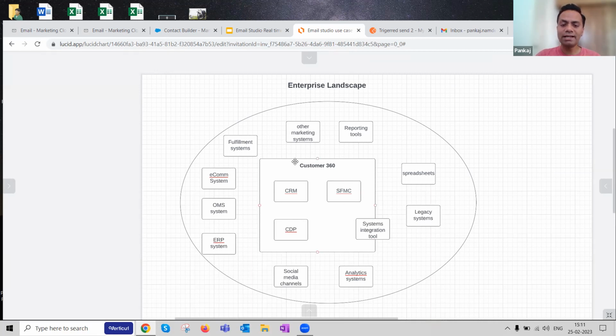Now, if you see outside this Customer 360, there are many systems. Let me tell you, these are huge, complex systems out there in any enterprise landscape. So always keep in mind that this is the big picture, the enterprise landscape of the customer that you're working on. If I take the example of Amazons of the world, Grabs of the world, Ubers of the world, these companies work in these huge landscapes. These are the companies I'm referencing in my use case.